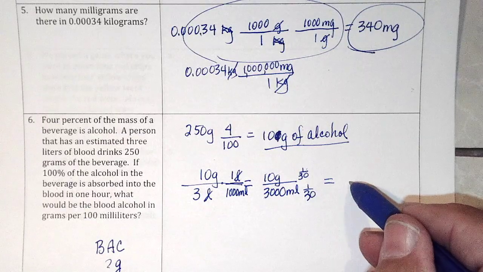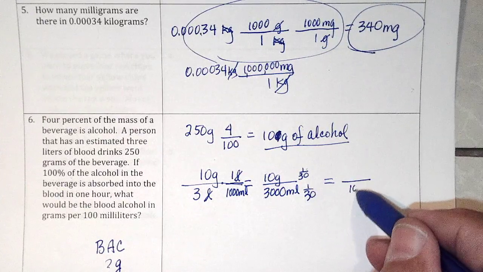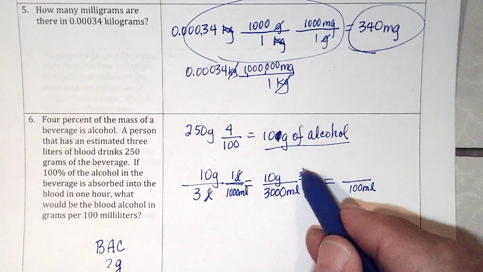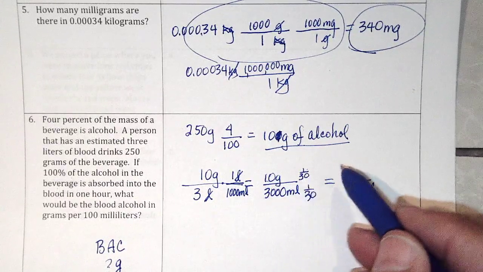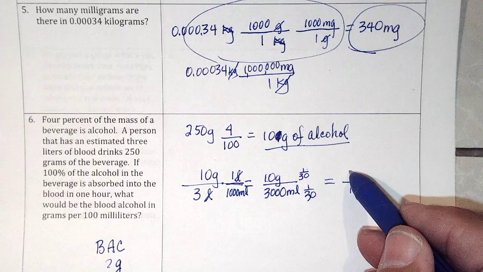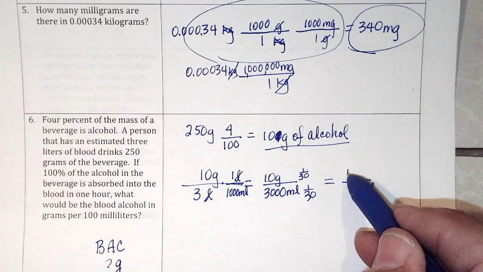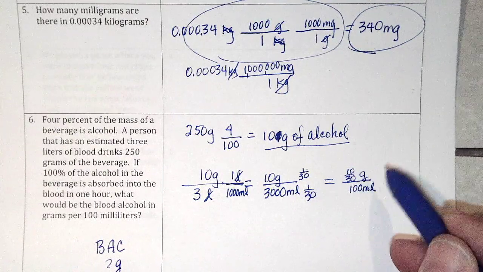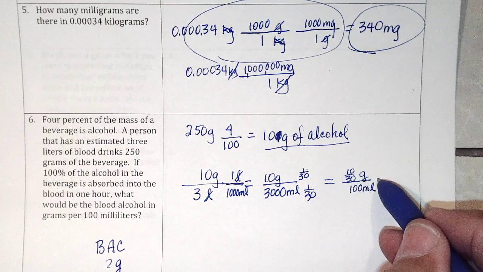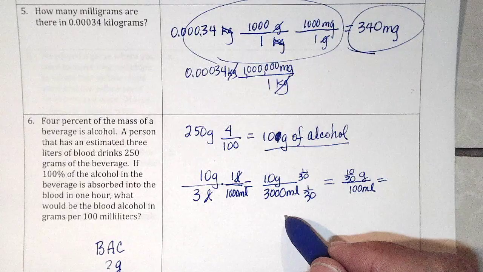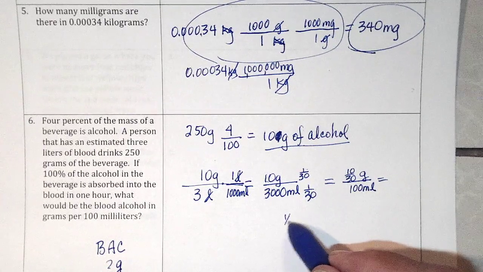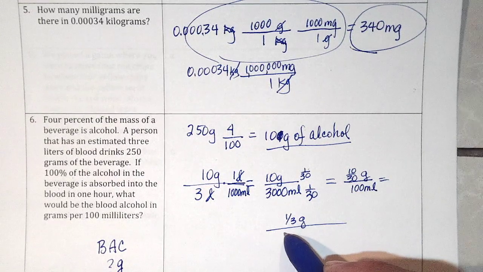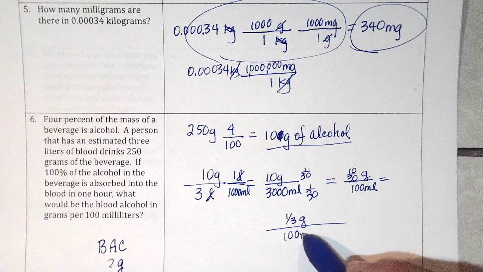And so now we've got 100 milliliters, and we have 10 times 1 over 30 is 10/30ths, which reduces to 1/3. We'll just write 1/3 of a gram of alcohol for every 100 milliliters